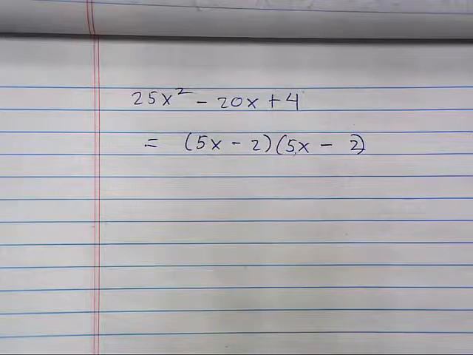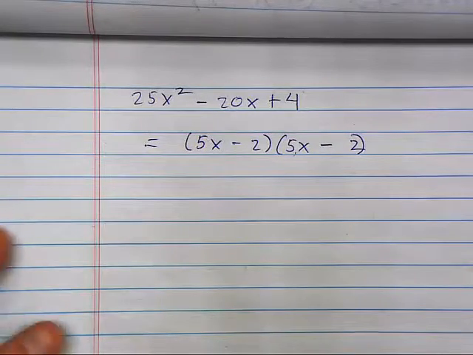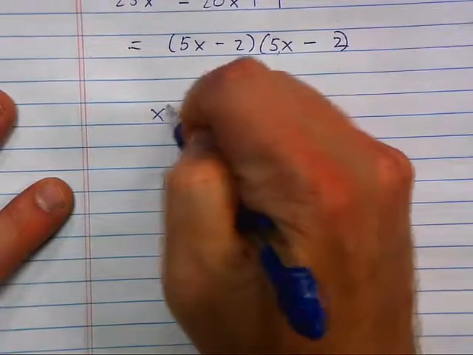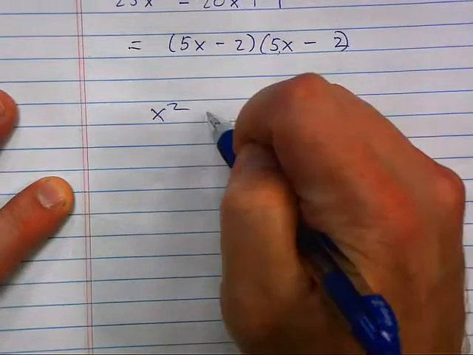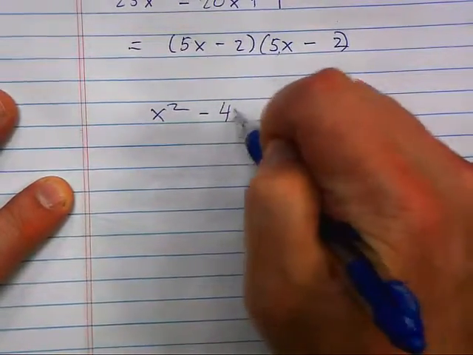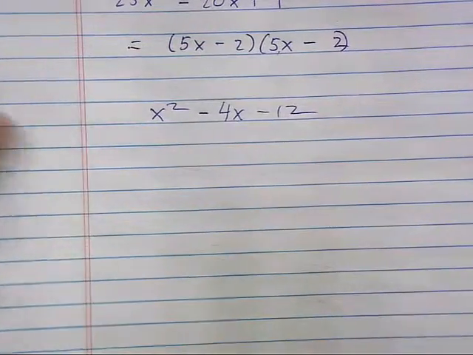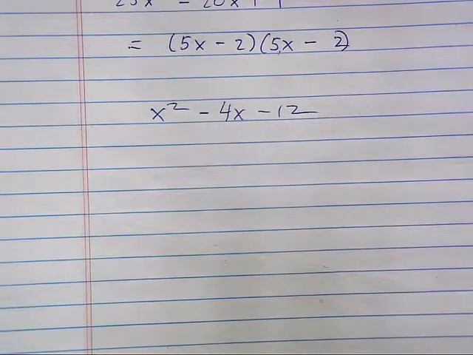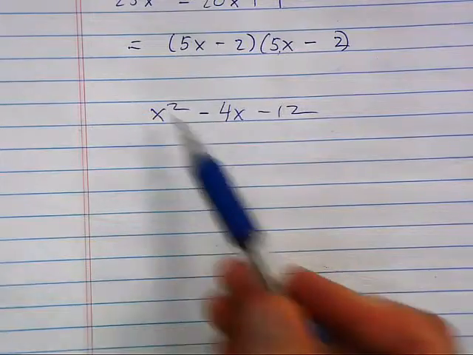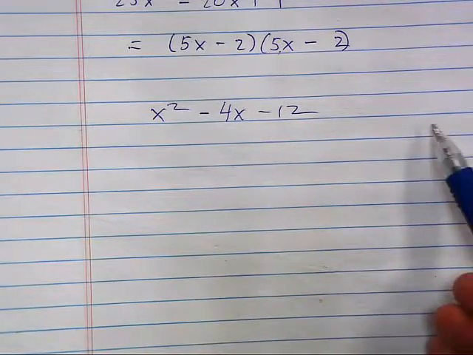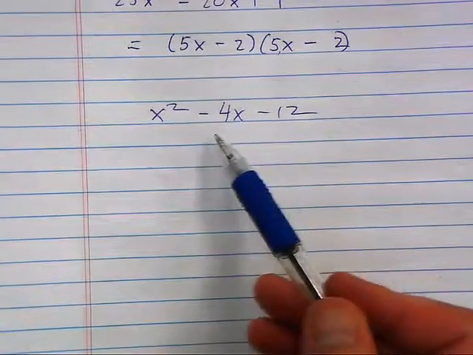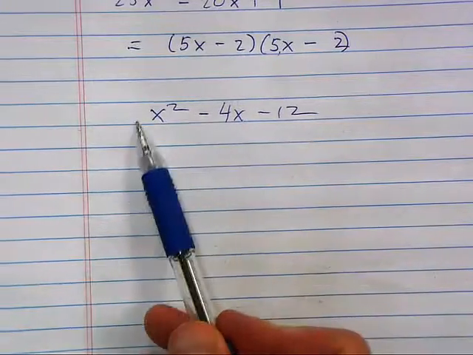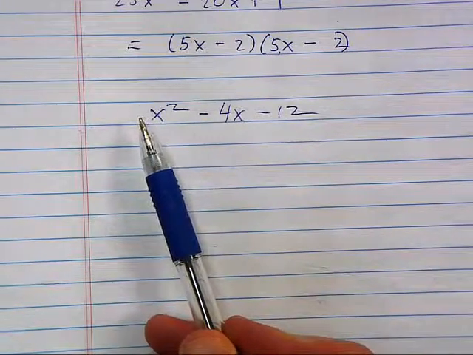So is there going to be a time where we absolutely have to use the guessing method? Or you don't have to? You don't have to. The only time I highly recommend it, again, is when that first number is 1. So if it's x squared minus 4x minus 12, the grouping method will work. You can multiply the 1 times the negative 12 and get negative 12, split up negative, and the grouping method will work. But I think the guessing method's a lot faster. So that's the only time